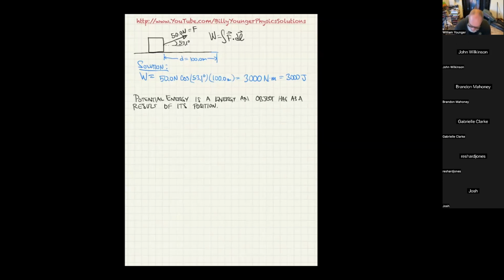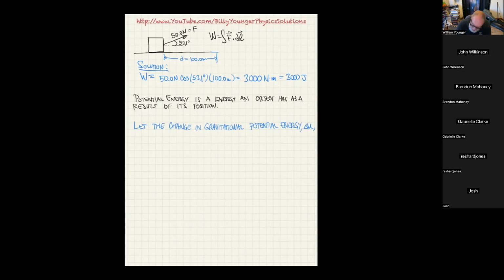So we're going to say, let the change in gravitational potential energy, which I'm going to write as delta U because it's change in,